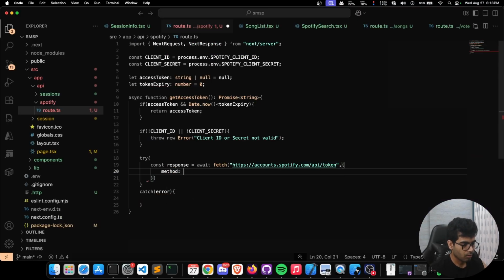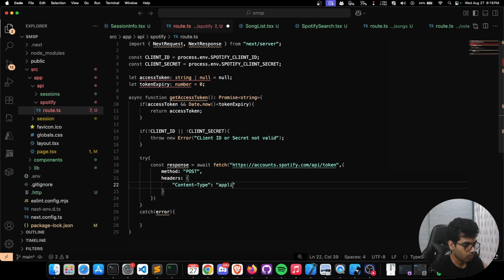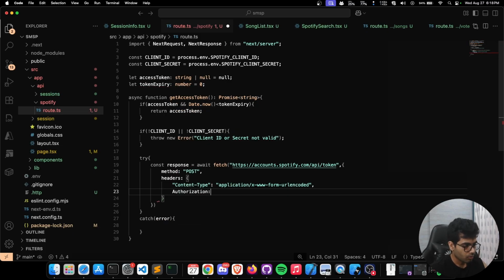So for method, we give it post, and then we need headers. We need content type as application/x-www-form-urlencoded, and then authorization, we'll give it basic authorization,